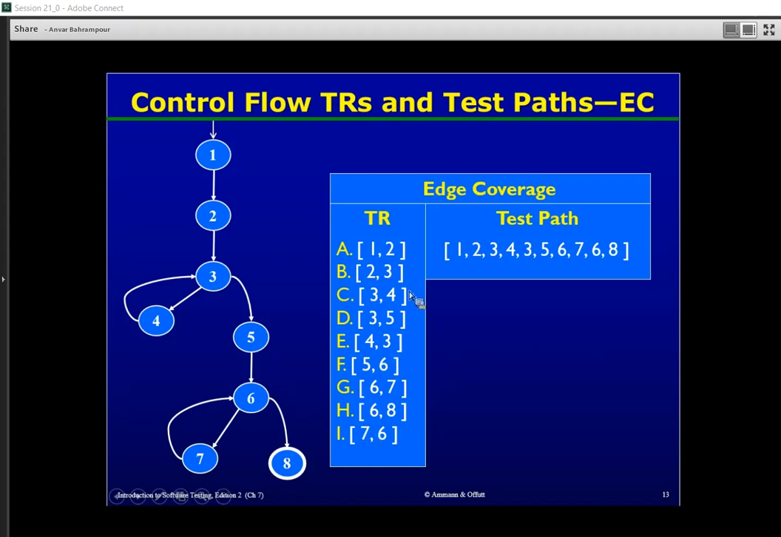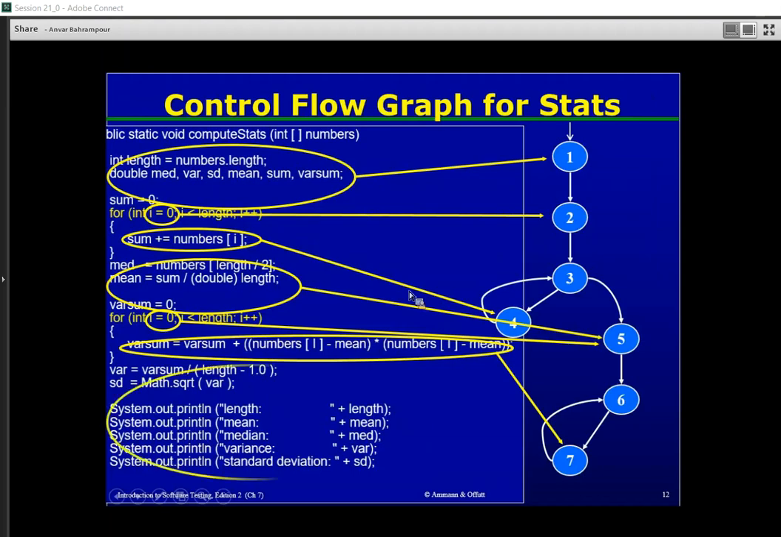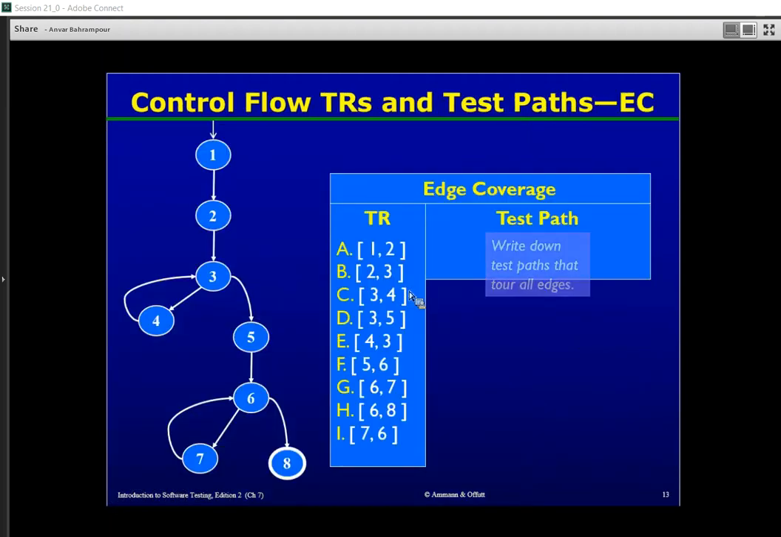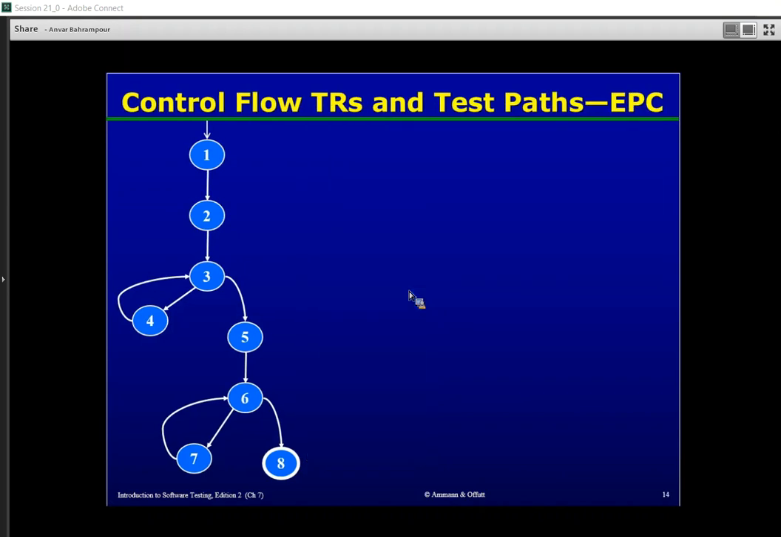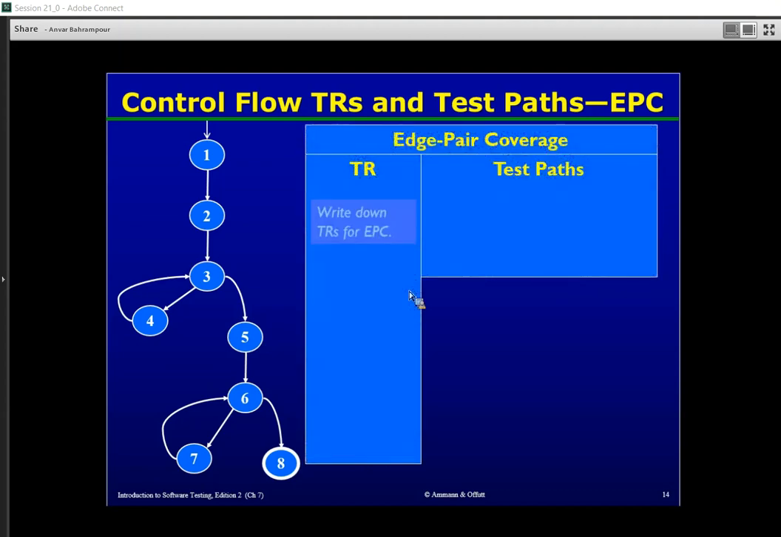This is a simple coverage criteria, and by one test case we can cover all of our test requirements. And another coverage criteria, as we have learned in this class, is edge pair coverage. For edge pair coverage, we should define all possible edge pairs of this control flow graph as our test requirements